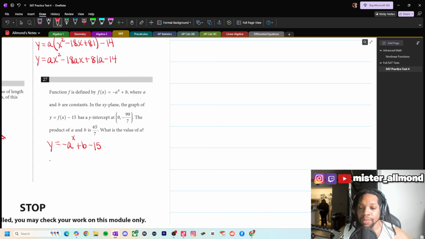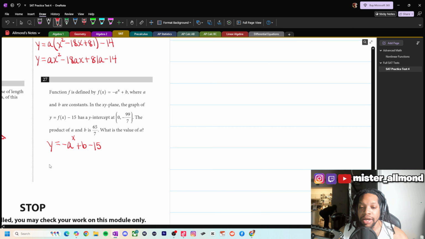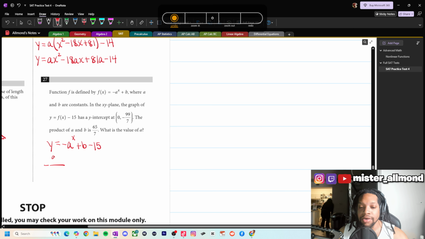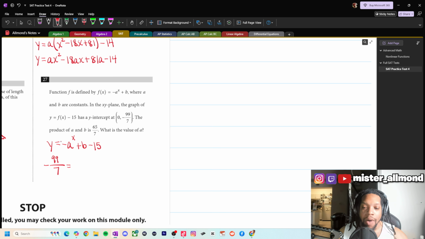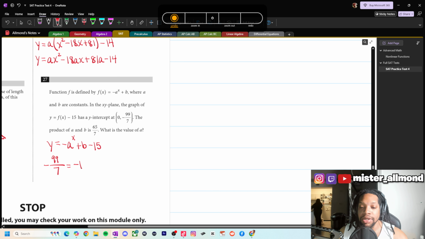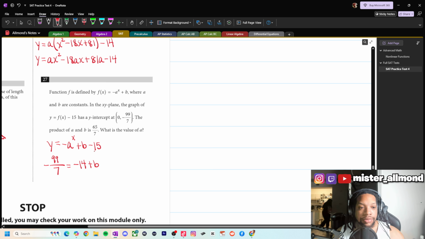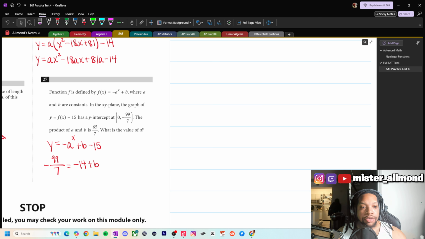So we said that negative 99 over 7 equals negative a to the 0. Because remember, we're talking about y-intercept, so I know x is 0. So negative a to the 0 is 1. 1 minus 15 is negative 14 plus b. Okay. From here,